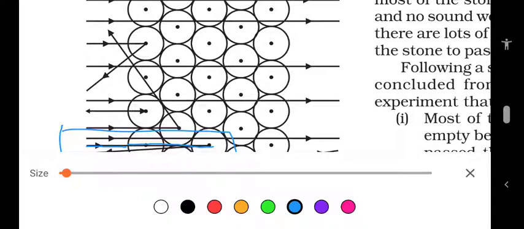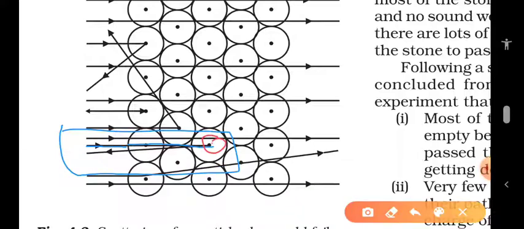After reaching this particular center, you see, it's coming back in this line. So once again I repeat, we have taken one alpha particle, which is a positive charge. When it strikes the center of the gold atom, it comes back immediately, like a ball. If we throw a ball towards a wall, immediately it will come back. Similarly, when the alpha particle goes towards the center of the atom, it comes back immediately.